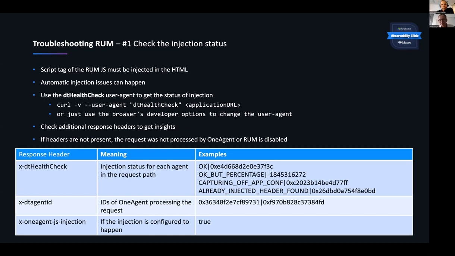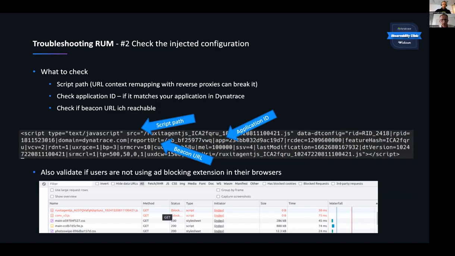There are also some settings. You can disable the injection, for example, on some technologies, because maybe it's going to interfere with some code. But if they are not present, you need to investigate deeper or contact Dynatrace One. So when the script tag is injected, and I think I've seen this similar slide also in Danny's presentation, what you want to check is, of course, the script tag itself,